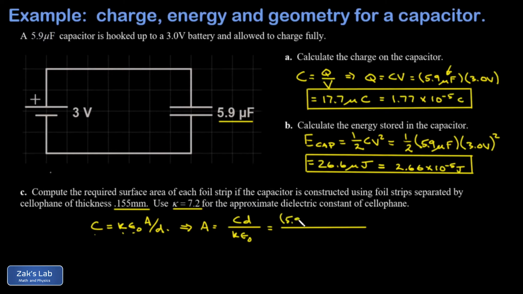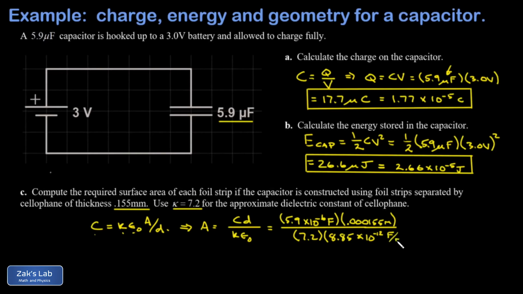And my capacitance is 5.9 times 10 to the negative 6th farads. My separation distance between the foil strips is just the thickness of the cellophane insulator. That was written in millimeters, and I need to turn it into meters. So 0.000155. The dielectric constant kappa was 7.2, and then the permittivity of free space, that's 8.85 times 10 to the negative 12th